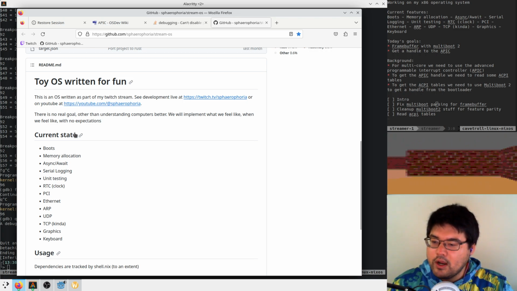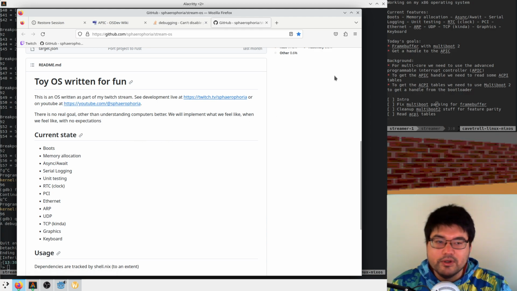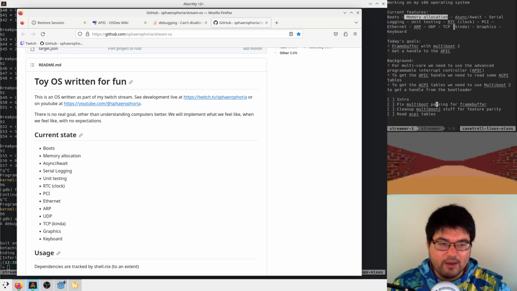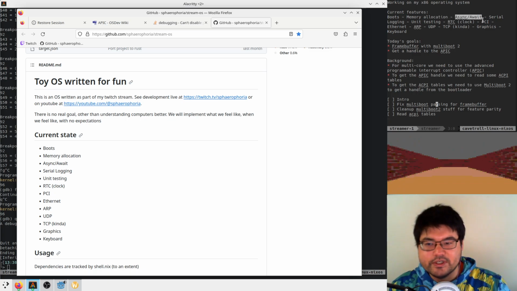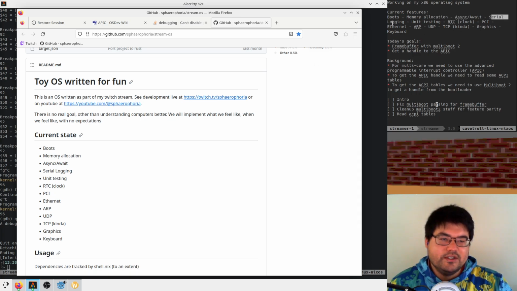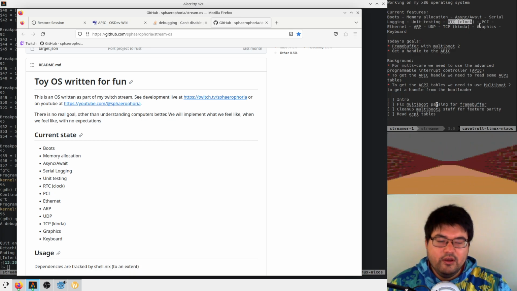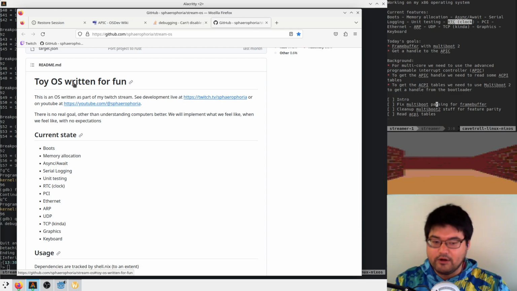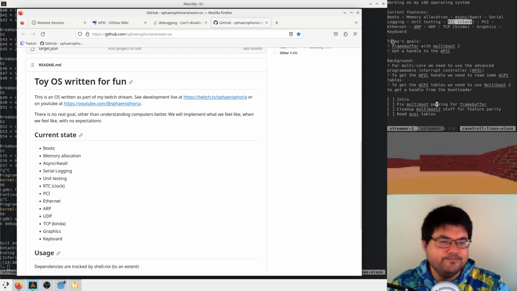Where we're at right now is we have an operating system that boots. It has vectors, maps, memory allocation, some form of concurrency, serial logging, and unit testing, where logging goes to standard output when I run through a virtual machine.